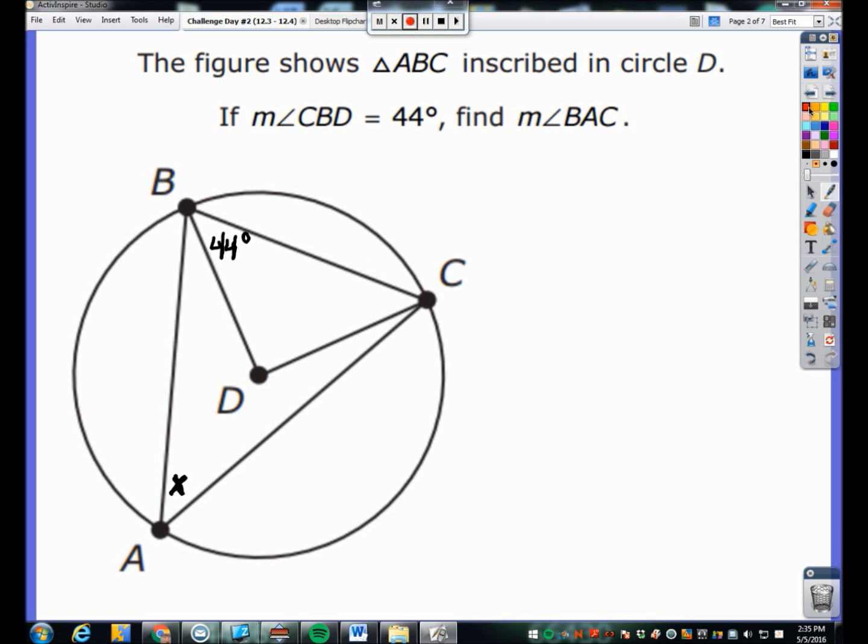Now, the first thing I recognize is this is a special kind of triangle, BDC. It must be an isosceles triangle because BD and CD are both radii. Therefore, angle B and angle C are our congruent base angles. So angle BCD must be 44 degrees. And now we can figure out the vertex angle of the isosceles triangle by taking away our two 44-degree angles away from 180, and we're left with 92